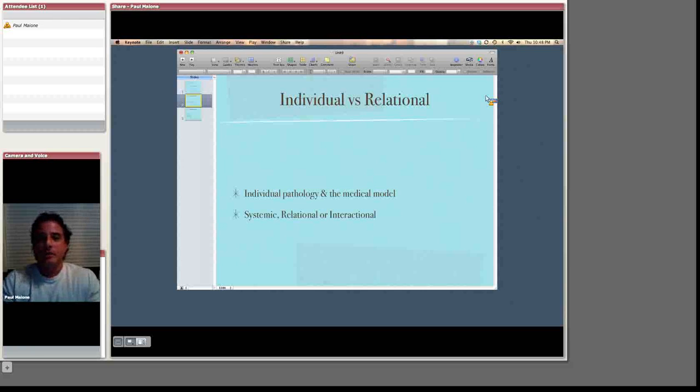So we want to be careful, though, that we don't move from pathologizing individuals to then just pathologizing relationships. I think that was a brilliant move on the early family therapists' part, but really they just moved the locus of pathology from the individual to the family. And now we talk about family dysfunction, at least before postmodern ideas began to question whether anything has to be dysfunctional or not. And that's where we have narrative and solution and strength-based therapies. So, okay, hopefully that distinction is cleared up a bit.